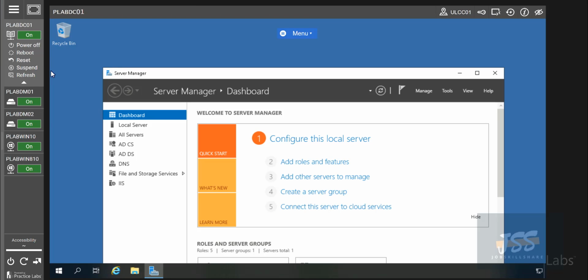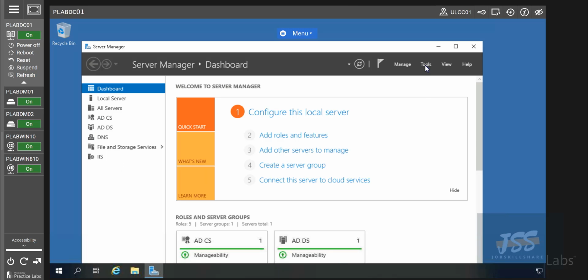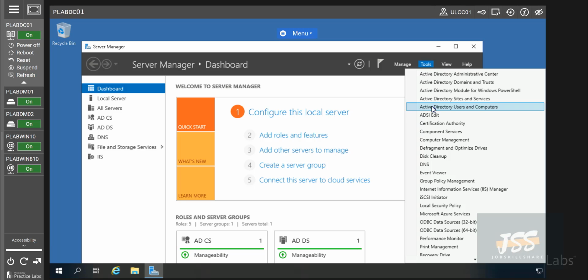So when you open the MD-101 lab, the important part is that it comes with a domain controller, just like any other practice lab. So let's say you want to learn about Active Directory, it's right there for you. And let's say after that you want to learn about WDS, you can utilize this whole lab to create a whole WDS, or follow the module.